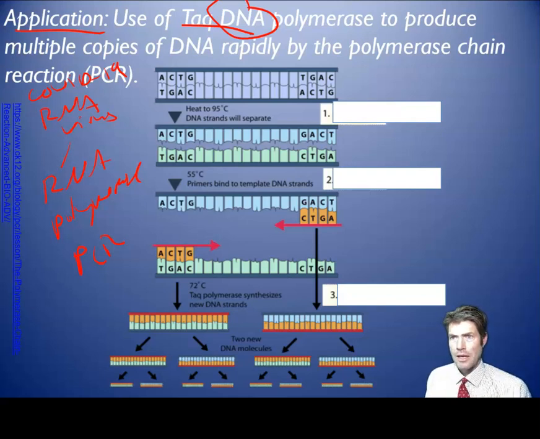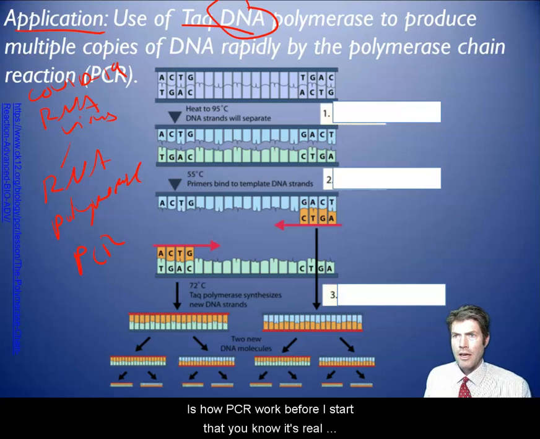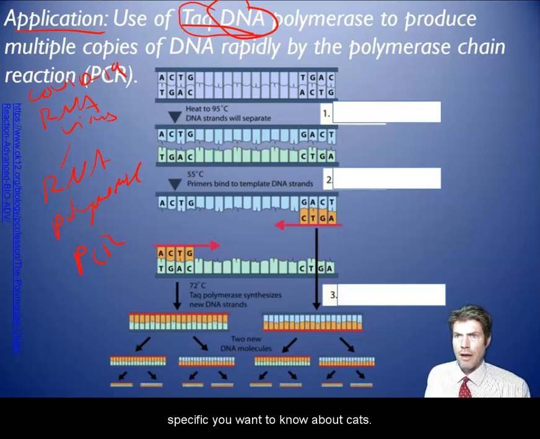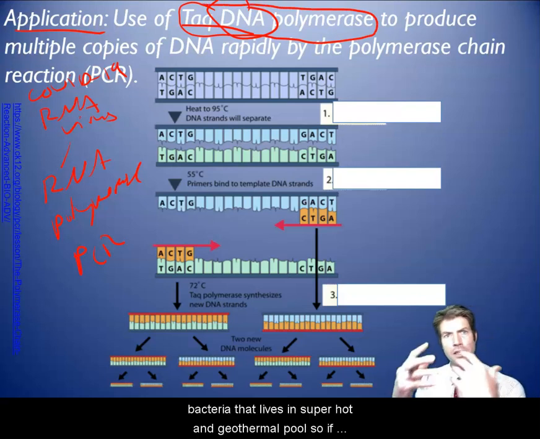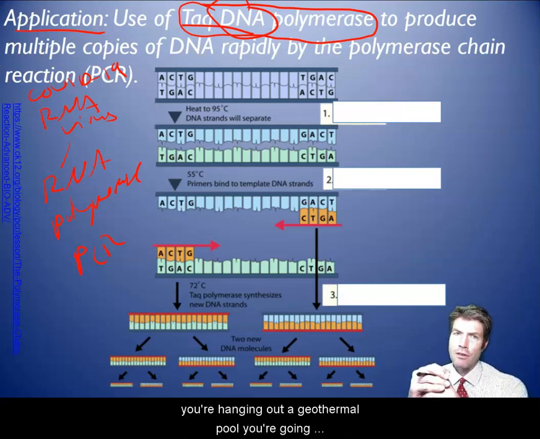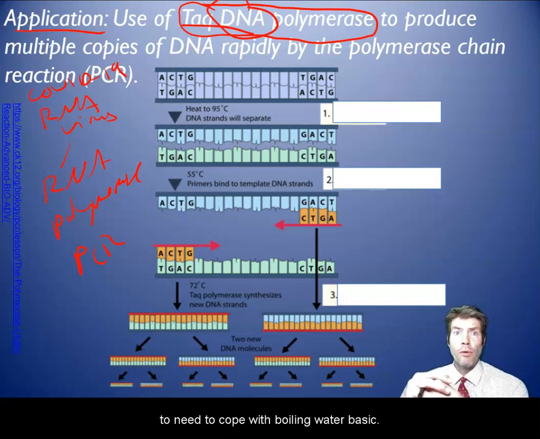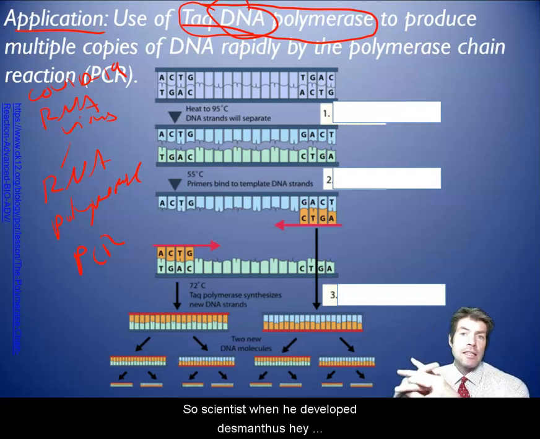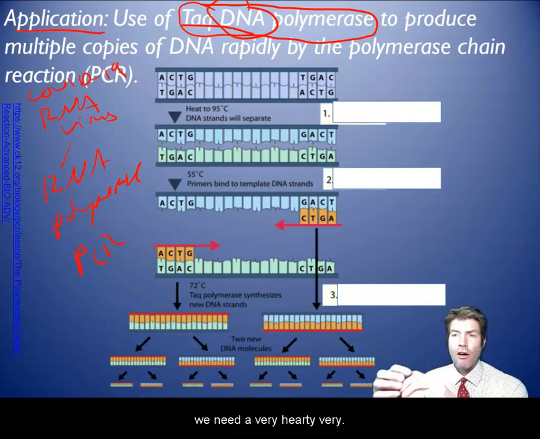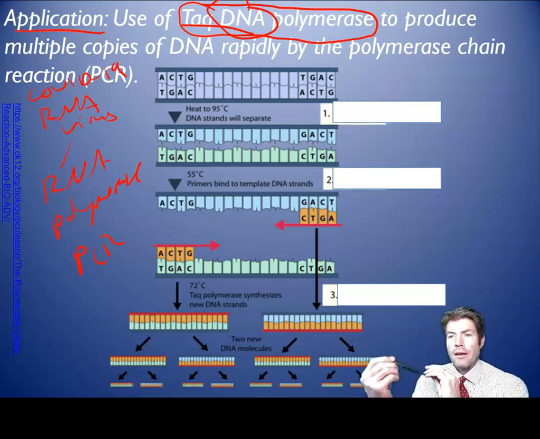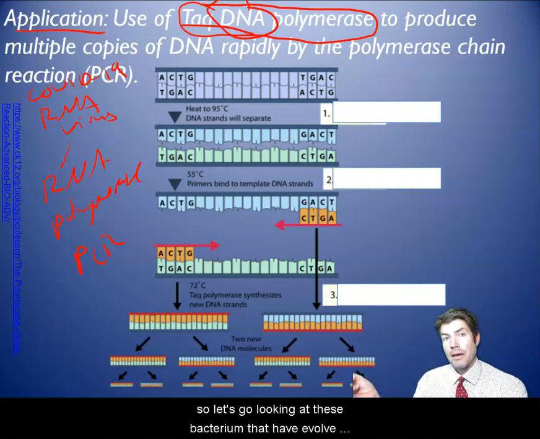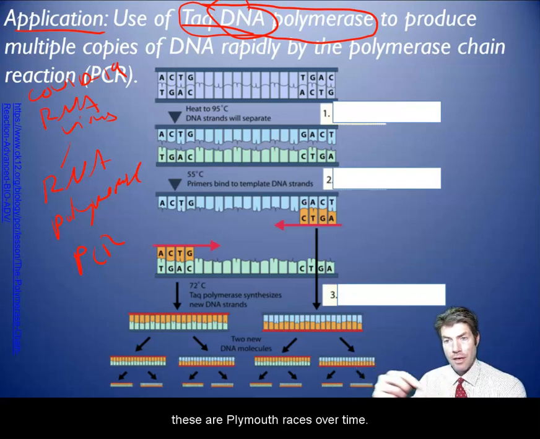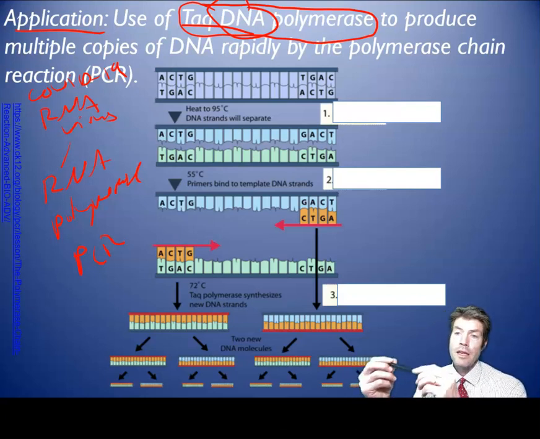So what happens here, this is how PCR works. But before I start that, it's real specific. It wants you to know about Taq DNA polymerase. And that's a special polymerase that comes from bacteria that lives in super hot geothermal pools. So if you're hanging out in a geothermal pool, you're going to need to cope with boiling water, basically. So scientists, when they developed this method, said, hey, we need a very hardy polymerase that can withstand high temperature. So let's go looking at these bacteria that have evolved these polymerases over time to cope with the high temperature,